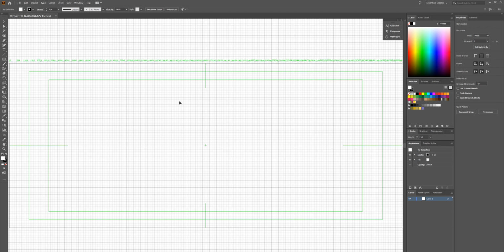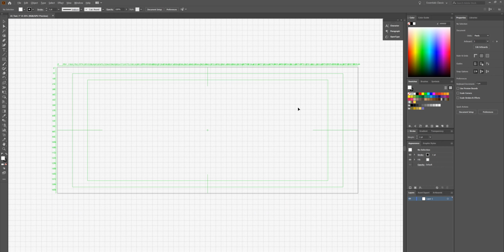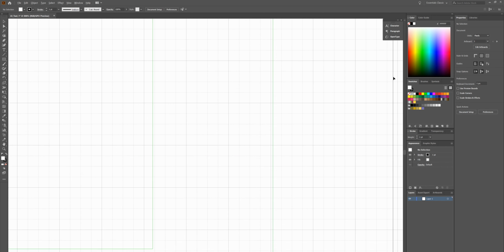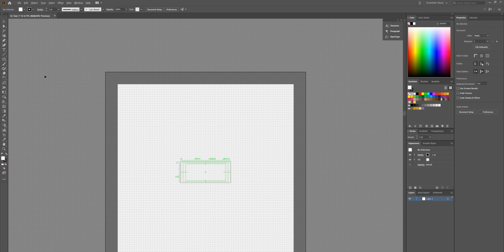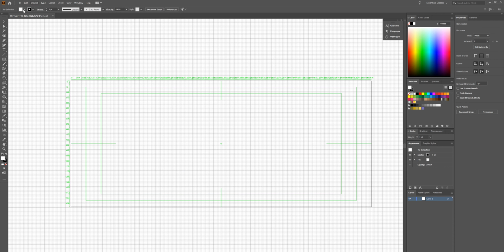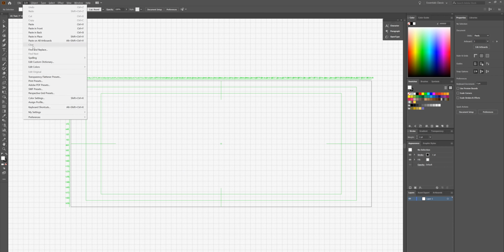There we go. So now we have this really nice layout, and you can see we have the bounding box of our film, which is not exactly right on the grid, but that's okay. It's close enough for the purposes of what we're doing. And just to let you know, this is very important that you understand this. You can change this grid,